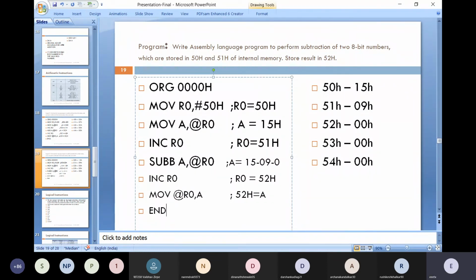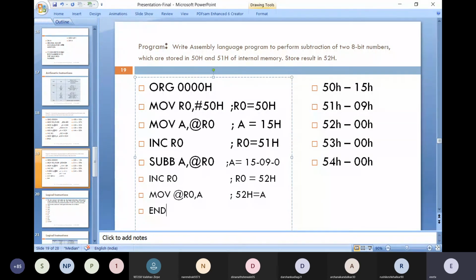Then directly subtract the value of 51H from the accumulator value. So you will get the result immediately in the accumulator. After that, we have to store this result. So increment R0 and store the value of A at the incremented address, that is 52H.